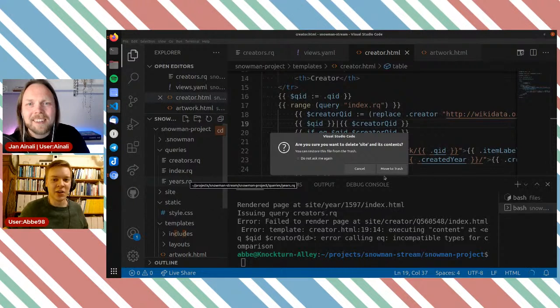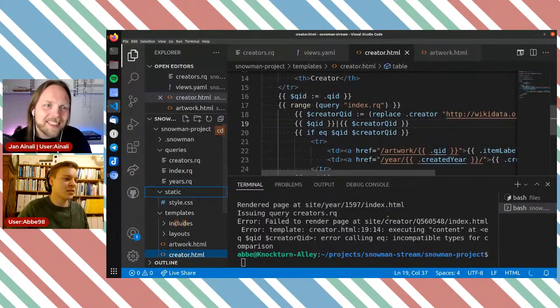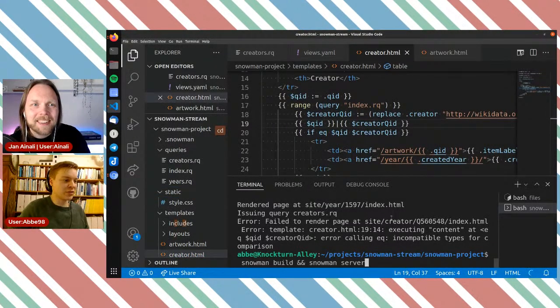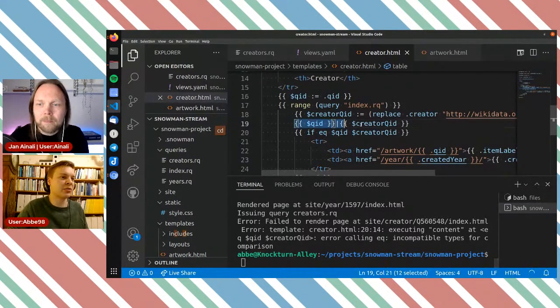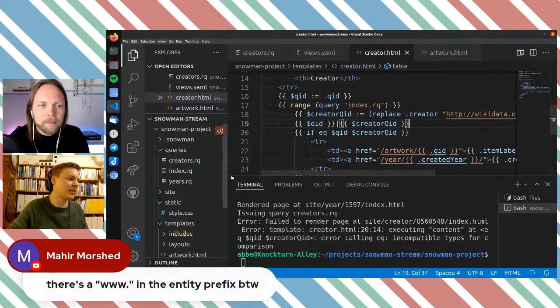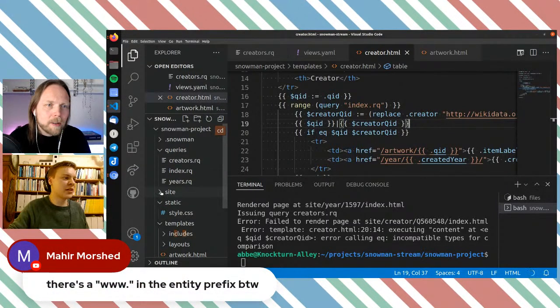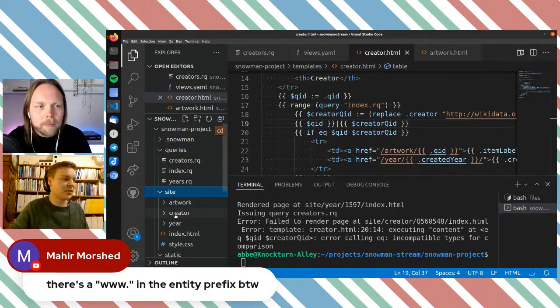And then you have a lot of cases where you don't want to rebuild everything because it's going to take an hour or two. So you can actually build just parts of it, so it doesn't delete that. So if I run this now, we're still going to have the same crash because I haven't solved the issue. But I'm printing out QID and creator QID. And because this site folder is just all the templates.